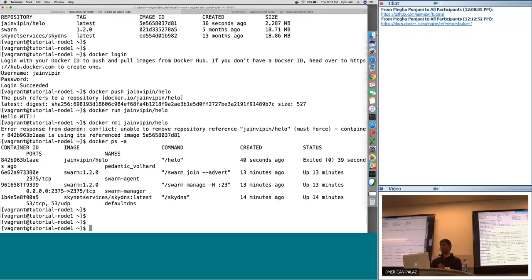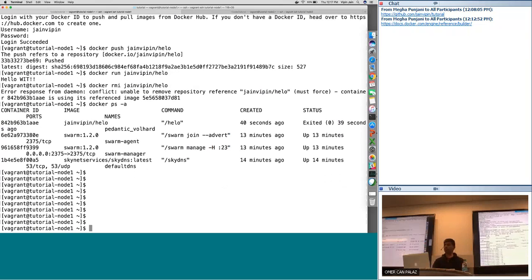Okay, so let's hold on for a moment. What happened? So we ran a container using docker run, but in the background, what happened was the Docker daemon, which is running on this node, created a namespace for this container, created control groups for this container, created a PID namespace, created a chroot for this container, which is a new root file system, and then ran the application. The output looks exactly the same as what we ran from outside, but once we get into the container, we'll see what difference it makes.